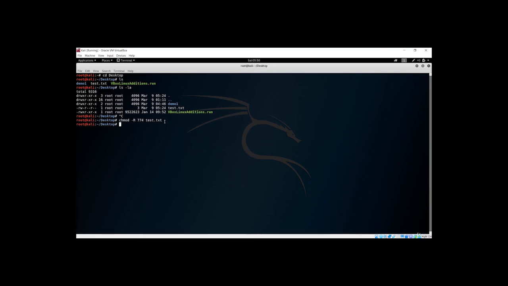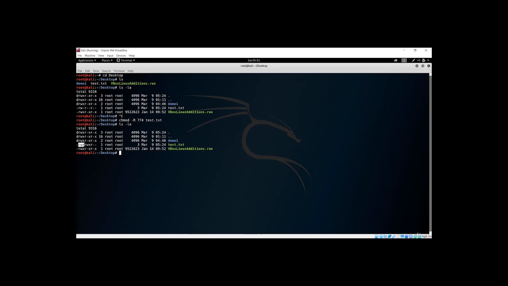If I hit enter, and now if I say ls -la, then you can see the permission has been changed. You can see it was white over here, now it has turned green, and the permission has been changed.